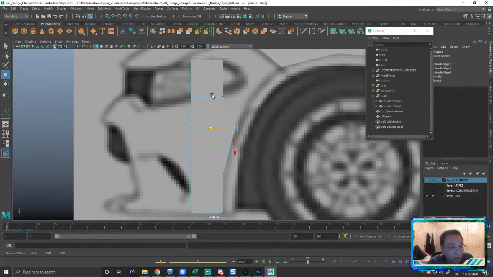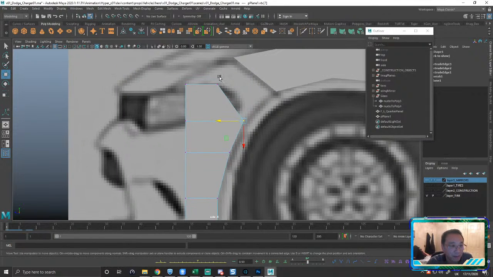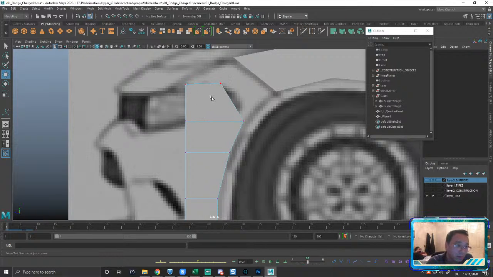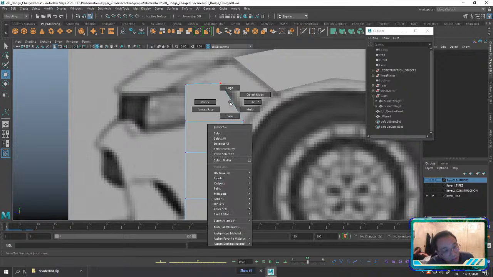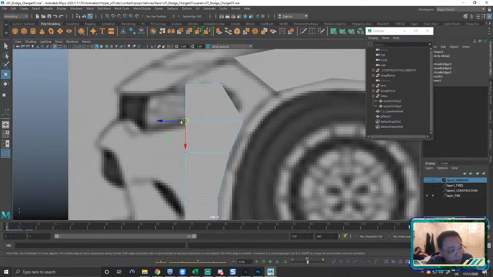Move this over this way. Now you can see I'm just pulling in one axis for the time being, right? Because I'm a little bit wary of making sure. Let's pull this guy down.